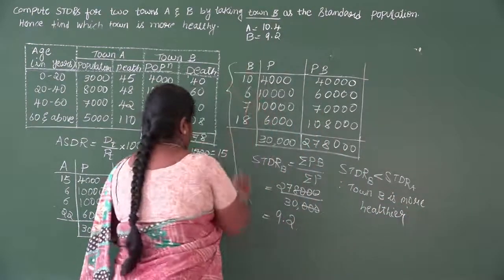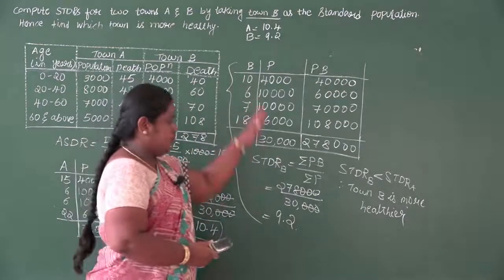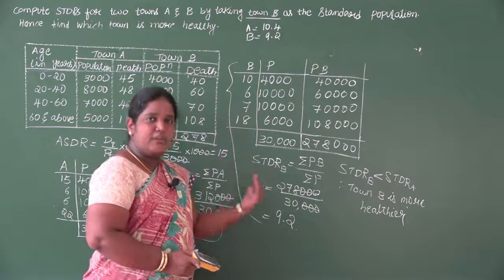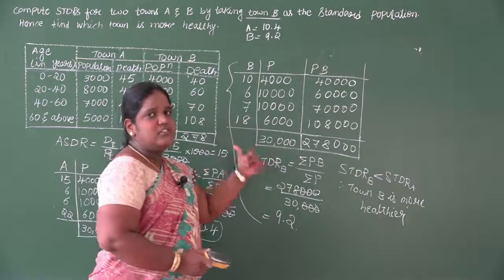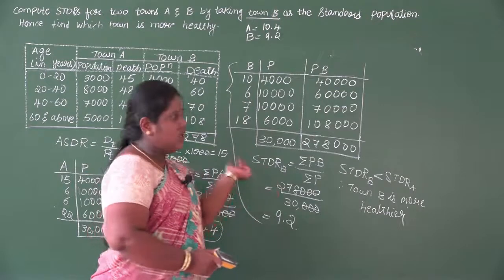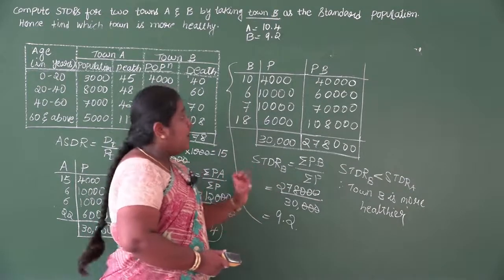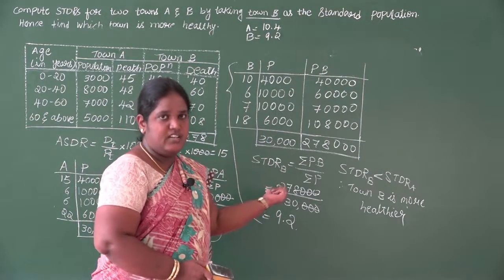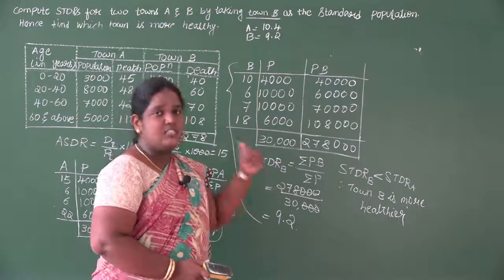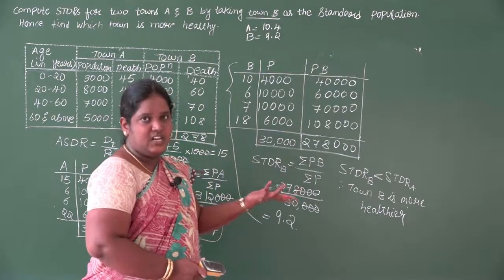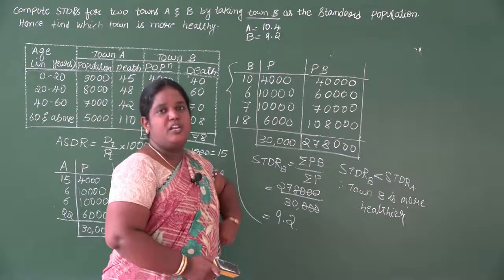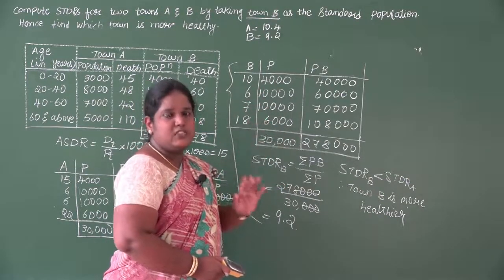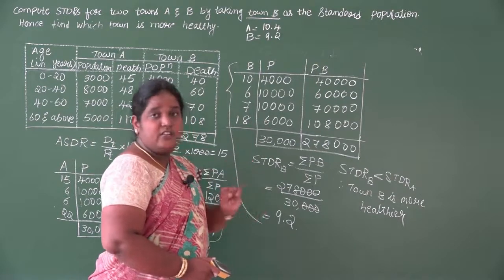So this will be extra. So much you have to calculate. Either calculate it like this standardized death rate, which is similar to the previous methods. Otherwise, you can calculate only the CDR and show that both CDR and STDR are the same. If you are doing the CDR, you have to mention that one line which I mentioned earlier. Since standard population, which population is taken as standard? In this, since town B population is taken as standard, CDR of B is same as STDR of B. If you don't write that, it will be wrong.